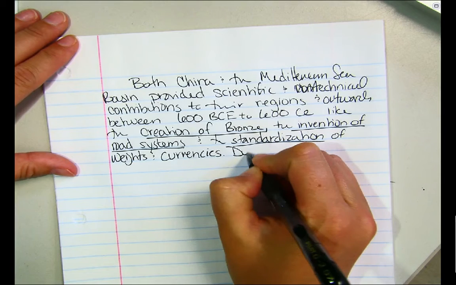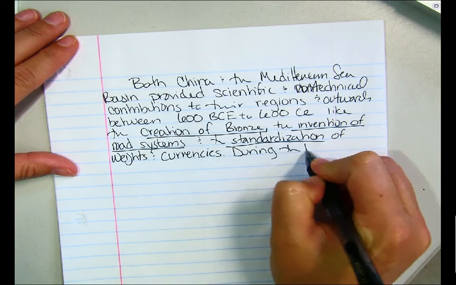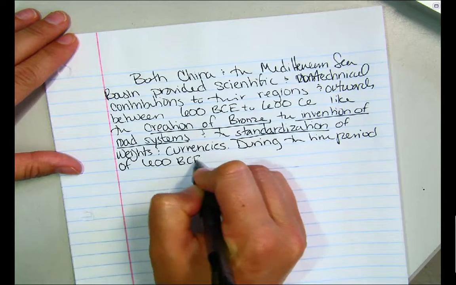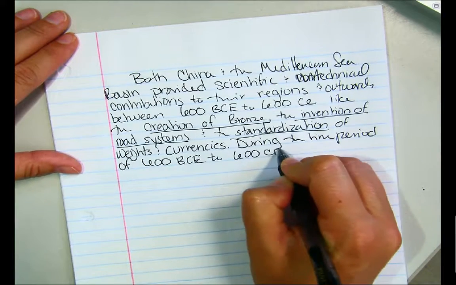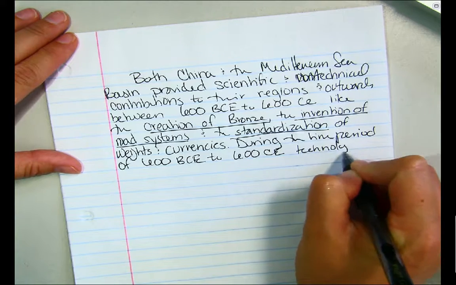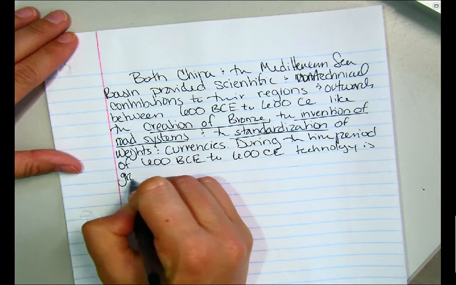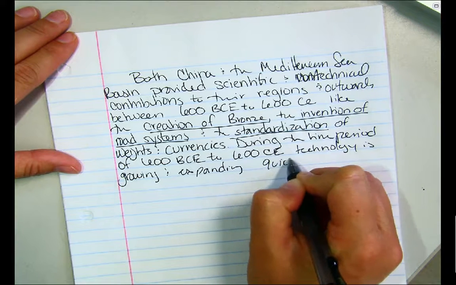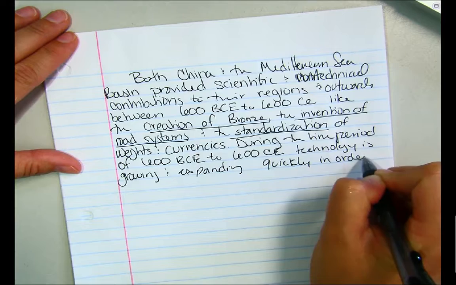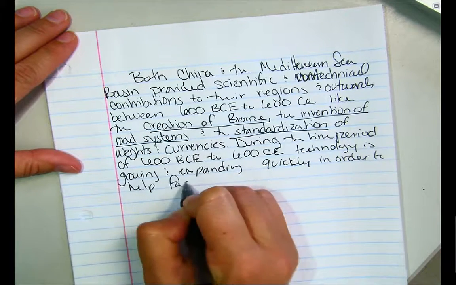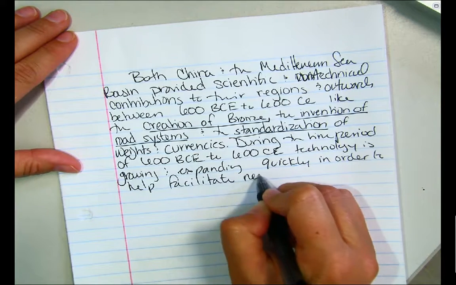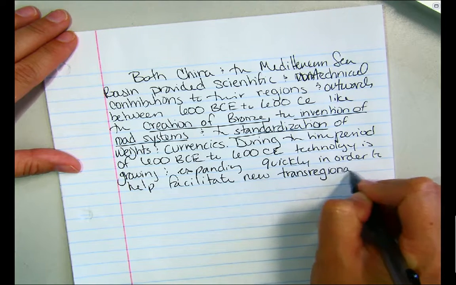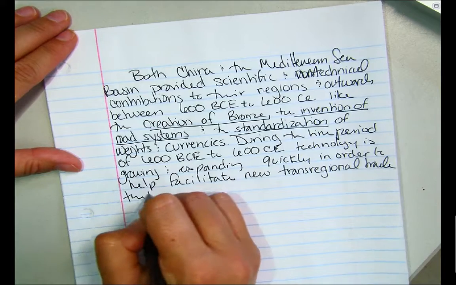During the time period of 600 BCE to 600 CE, technology is growing and expanding quickly in order to help facilitate new trans-regional trade that has just begun